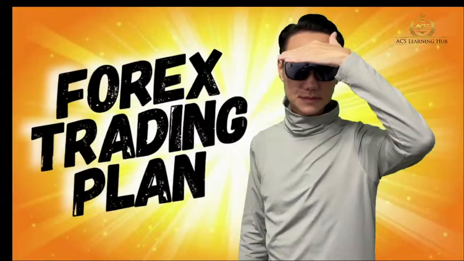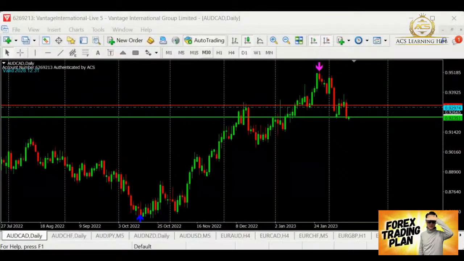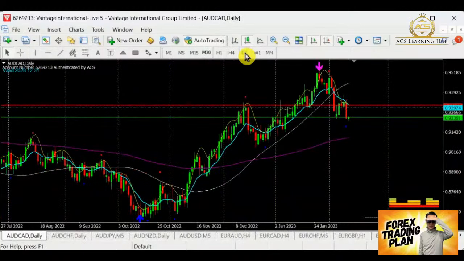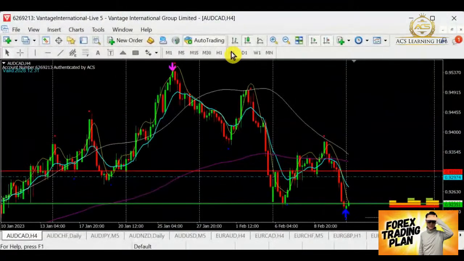So let's move on into our MT4. Currently I'm on my MT4 with Aussie Cat. Let's take a look at how Aussie Cat is performing. Tentatively, by looking at this area here, Aussie Cat is looking into selling. It's now transiting into the bear, so right now I'm going to look out for an opportunity to sell Aussie Cat.